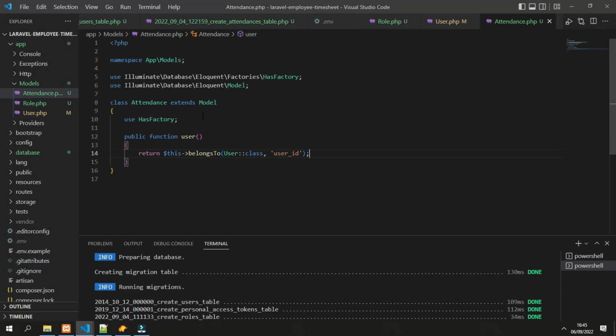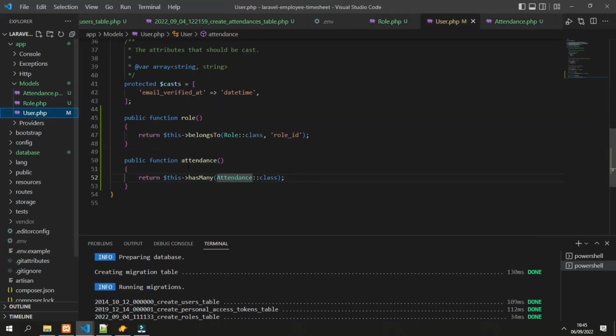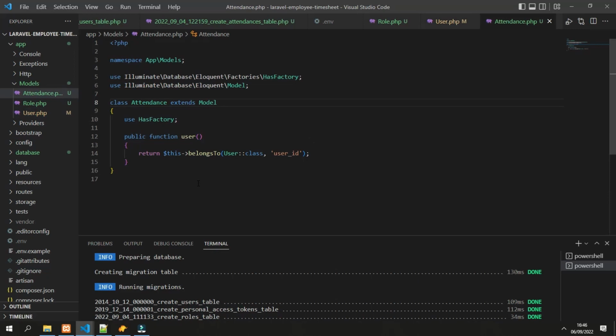So like in the design earlier, role can have multiple user, and user belongs to the role, and user can have multiple attendance, and the attendance belongs to user.